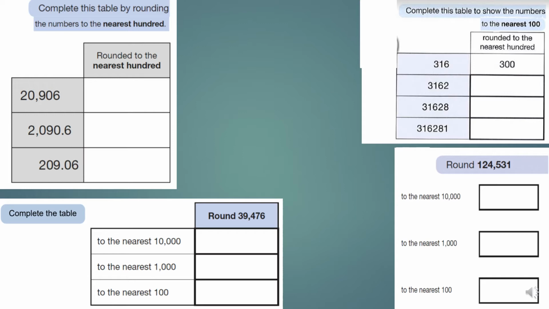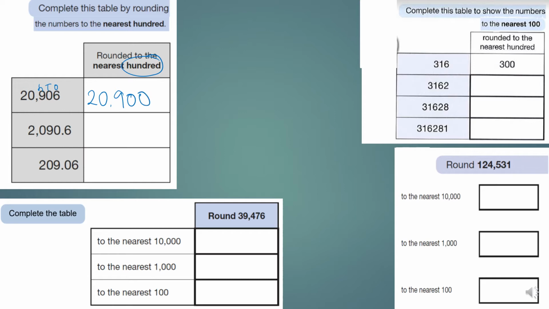So we have 20,906 rounded to the nearest 100. So we have our units, our ones, our tens and our hundreds. So we need to look at the hundreds column. So we have 20,900 and then it's a 0 next to the 9. So this would stay at 20,900. Then we have